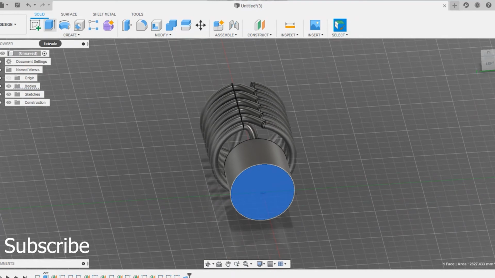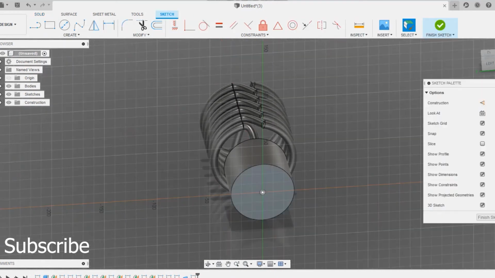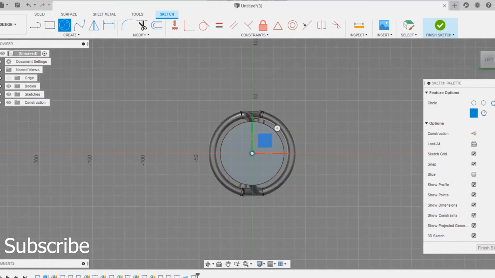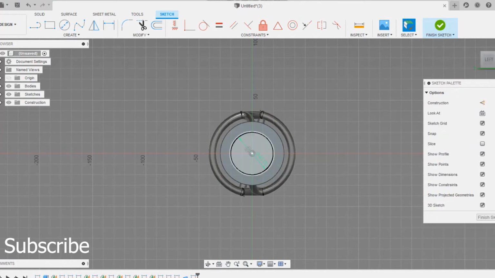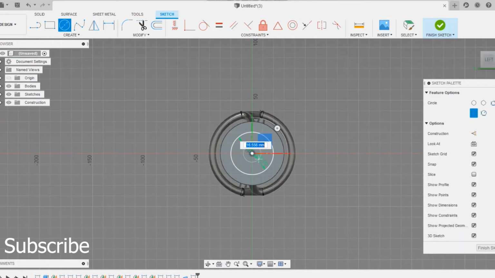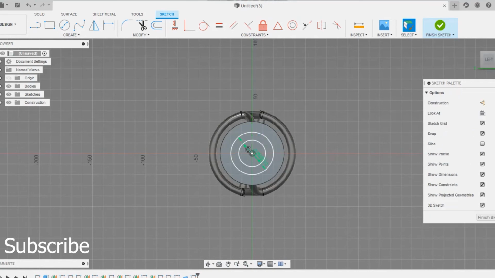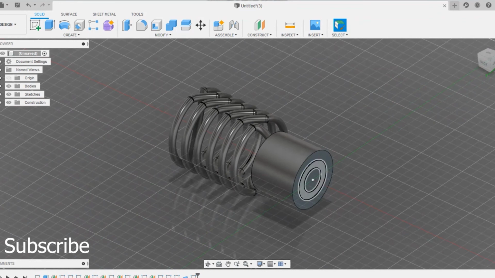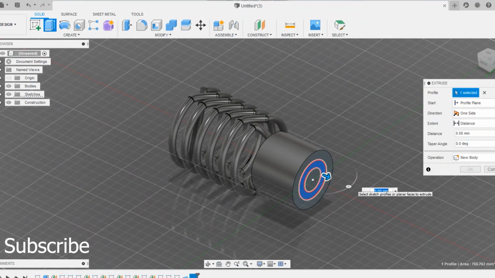Now we are going to draw the remaining parts of the bulb. Draw another circle at the base face of the circle, and it's going to be 40 mm, and draw another circle inside itself, 25 mm in diameter. Click on finish sketch and extrude the outline circle to be around 30 mm. 30 mm would be nice.